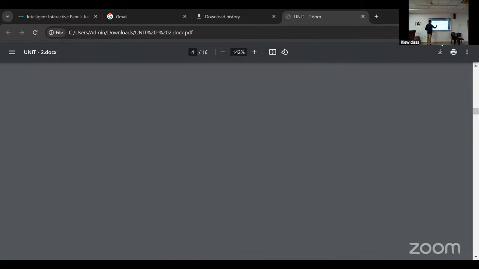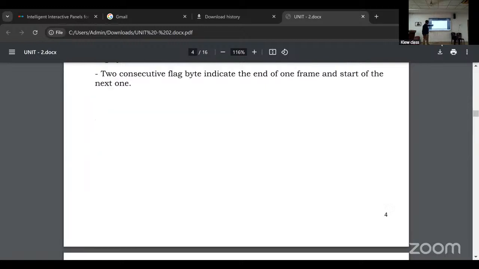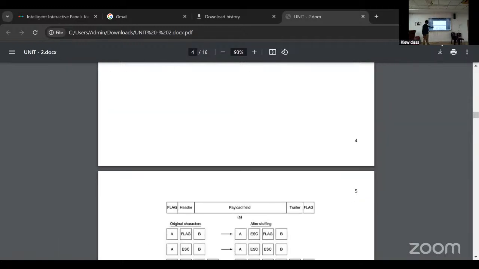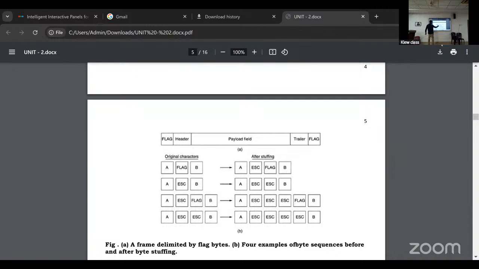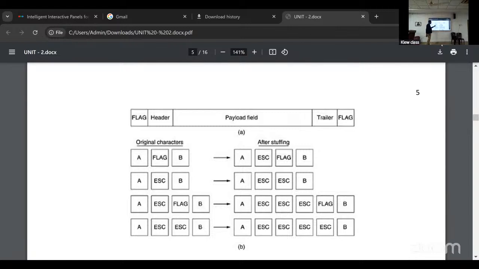Flag byte stuffing: we are adding DLE STX, DLE ETX. See the example here. Here they indicate it like this: ESC will be added as a flag byte.